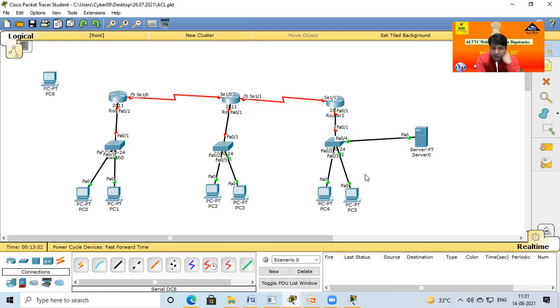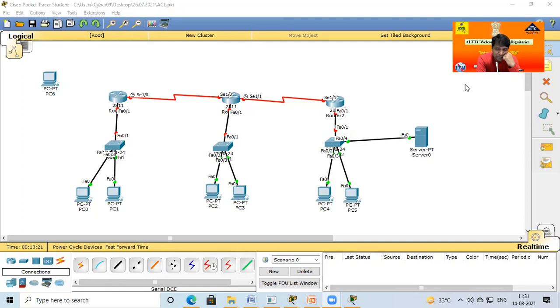Now I have a question again for all of you. How many LANs are in this network? Again, I repeat, how many LANs are in this network? Total number of LANs. Router 1 port is one LAN.